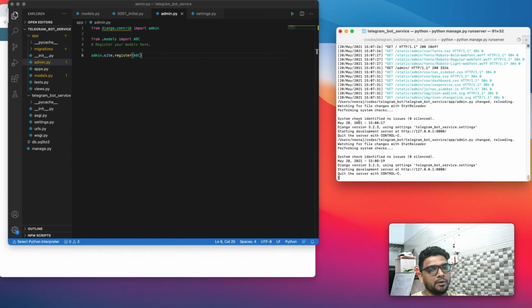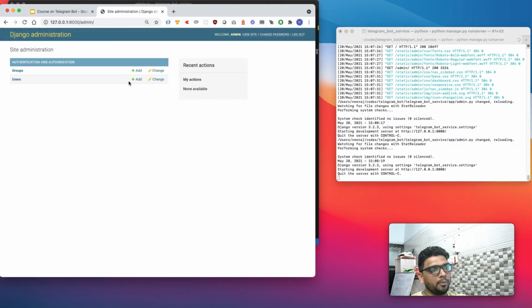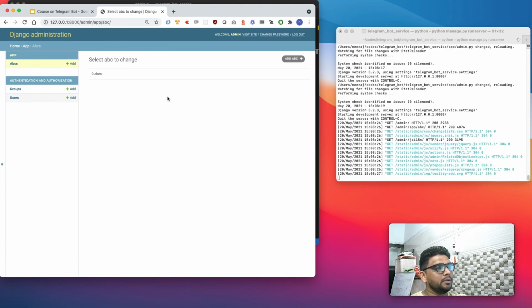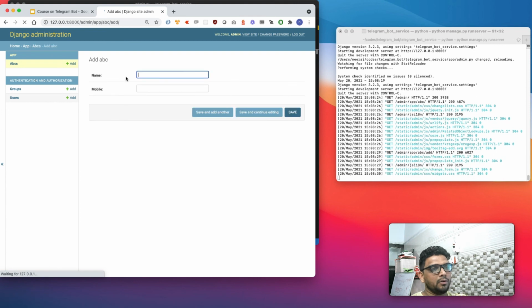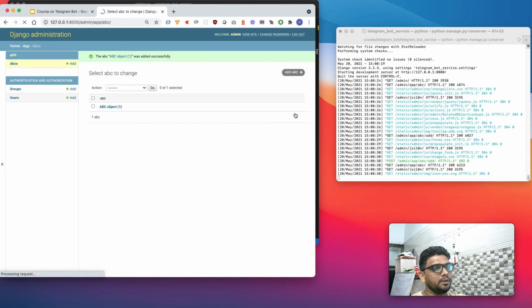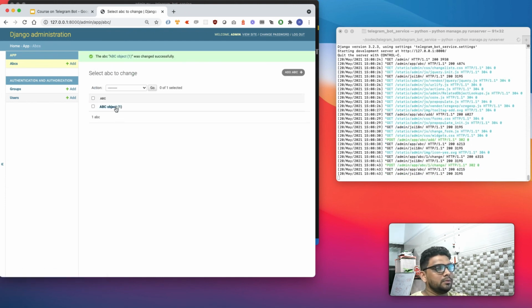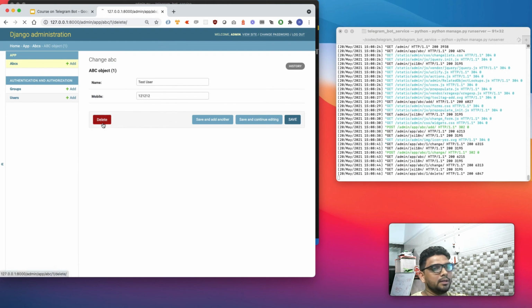After saving the file, my server automatically refreshes, and yes, I can see ABC, and there is no record. Let's create a record. Test user, and the mobile number is something like a random number. Save. Yeah, I got the ABC object. I can edit values. I can delete a particular record.